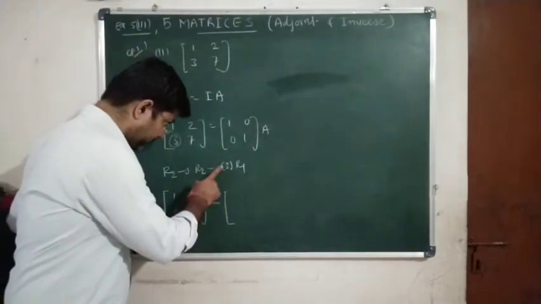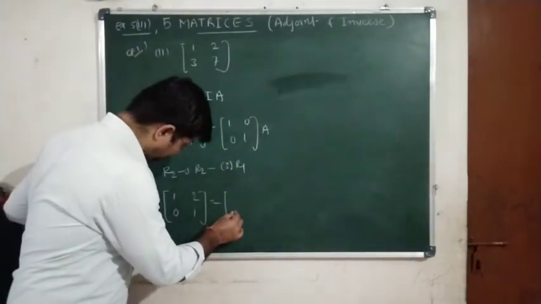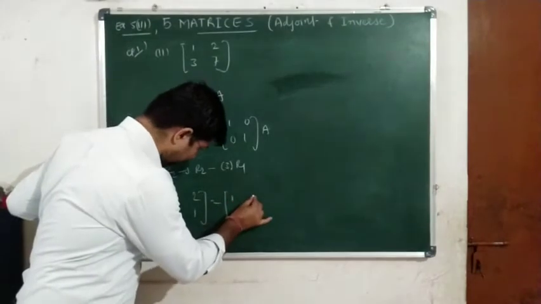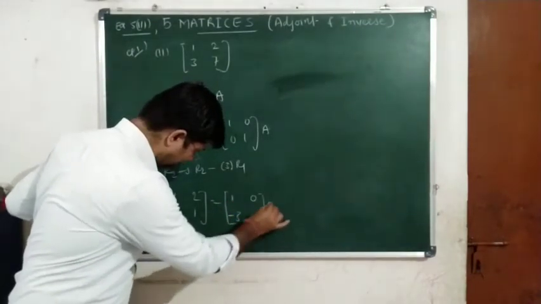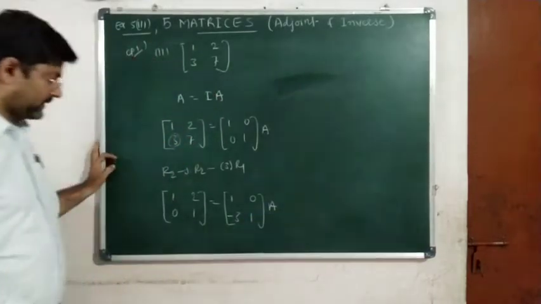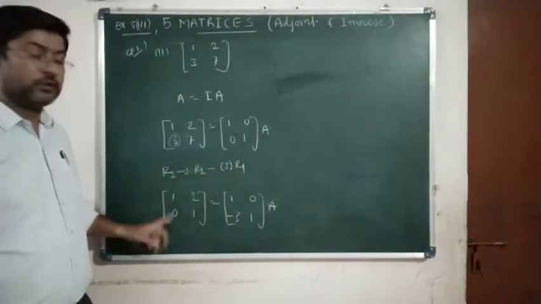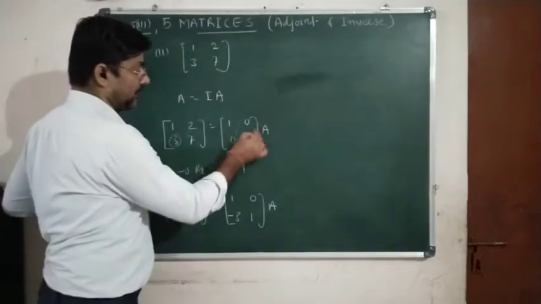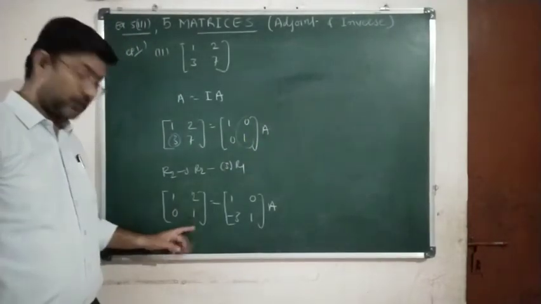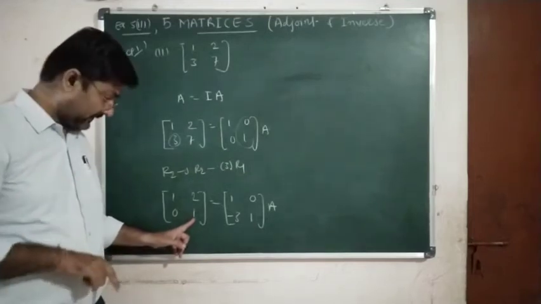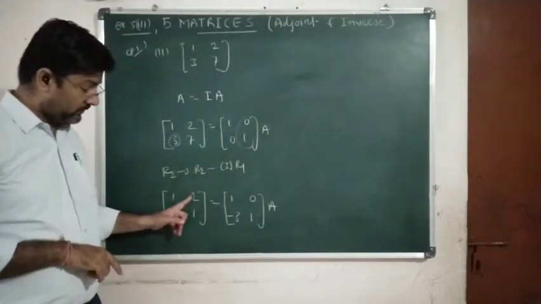So minus 3 in the first row as it is, and here 1 only. So this is the first operation done, and we got 1, 0. Now our second target is to get 1 and 0 in order. First we get 1 here, and you will notice that 1 is already there. Now let us bring 0 over here in place of 2.